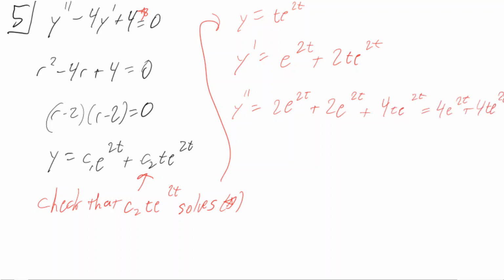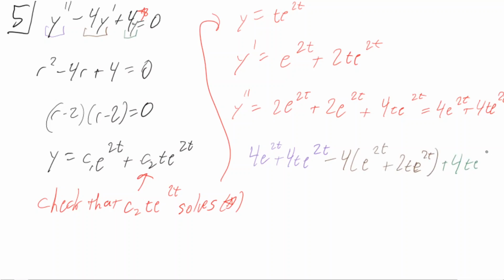Again, I tried to do it by color, so the second derivative comes from the purple, first derivative is in the brown, and then the green is just the function itself. You get that it does satisfy the ODE. So there's a lot of deep reasons why this is a solution, but for now you could just take it on face value. And whenever you have a repeated root in your characteristic polynomial, then you have the original solution